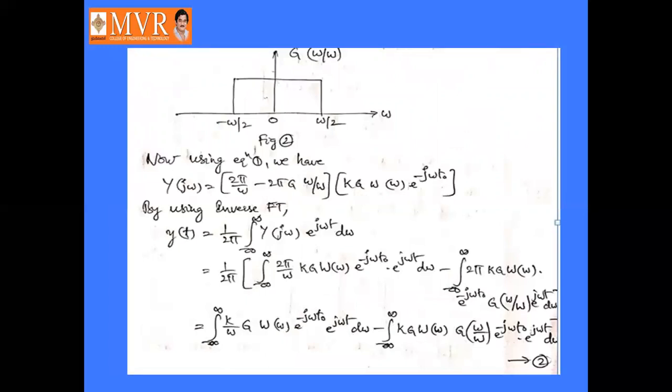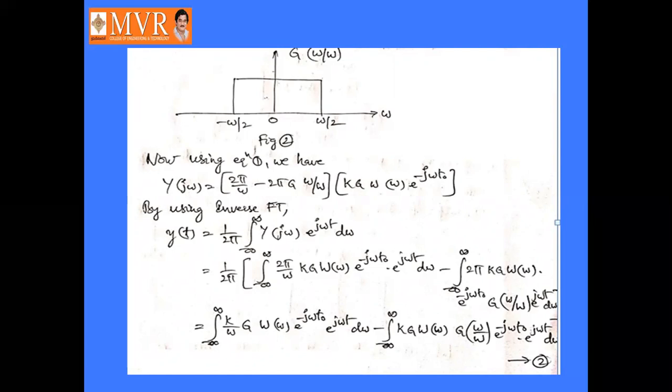So g of omega by w with limits minus omega by 2 to plus omega by 2. Now using equation number 1, we have y of j omega is equal to 2 pi by omega minus 2 pi into g of omega by w into kg into w of omega into e power minus j omega t naught. By using the inverse Fourier transform, y of t becomes 1 by 2 pi into integral minus infinity to